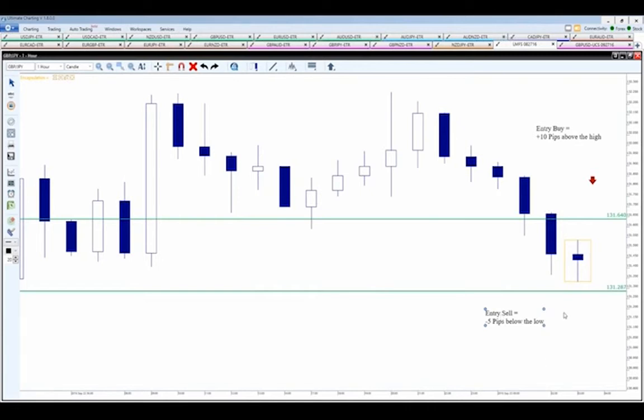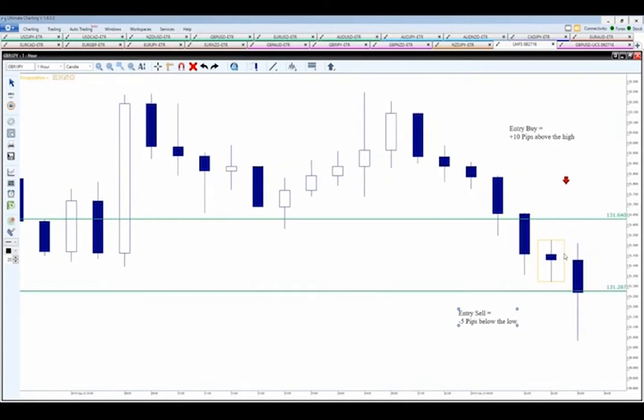So let's see what happens. So 1 hour later, bam, the market does in fact trigger our entry sell. That entry sell now becomes a market sell, meaning that we're now in the market and we're shorting the market. We believe that the directional movement now is going to be going down. Very simple. That answers question number one: where do we think the market's going? This will give us the opinion that we believe it's going to be going down.